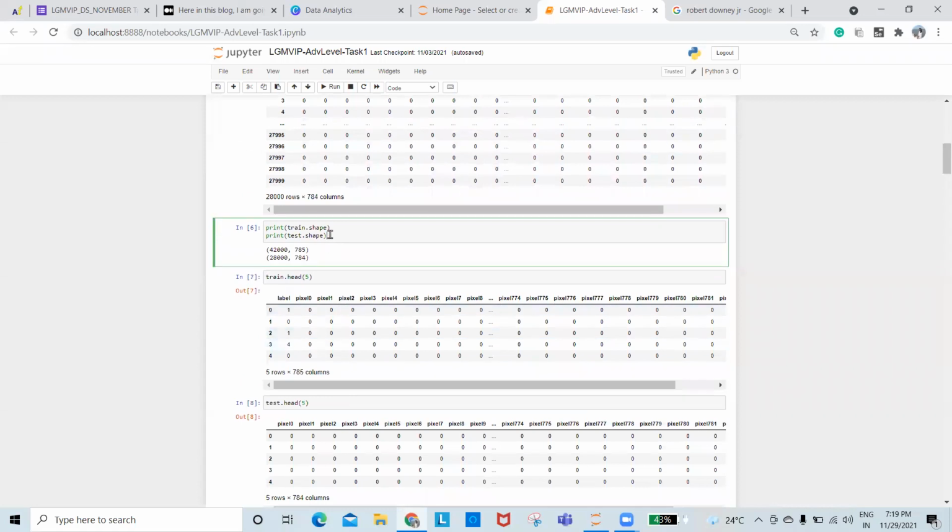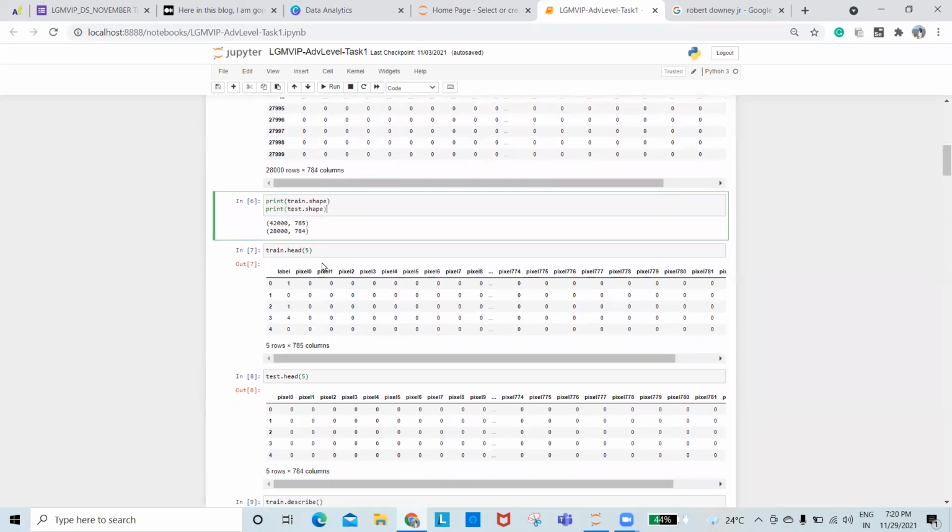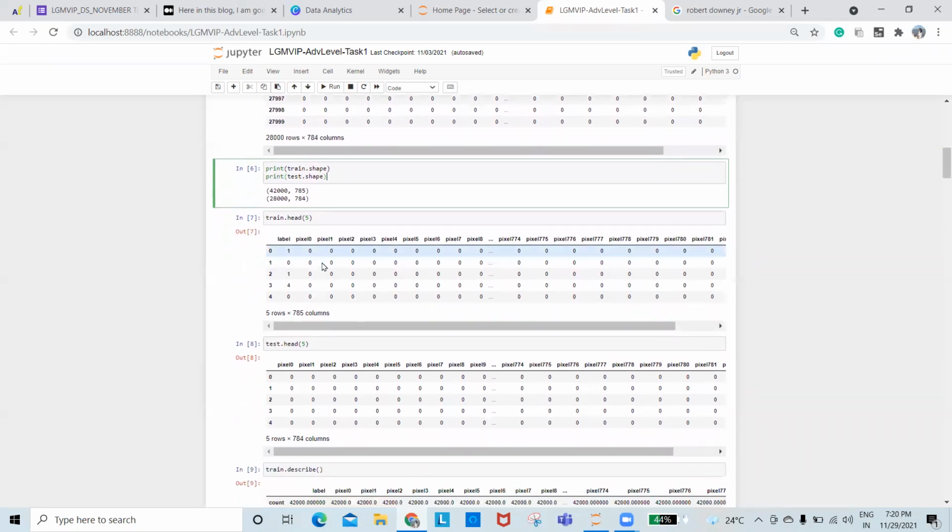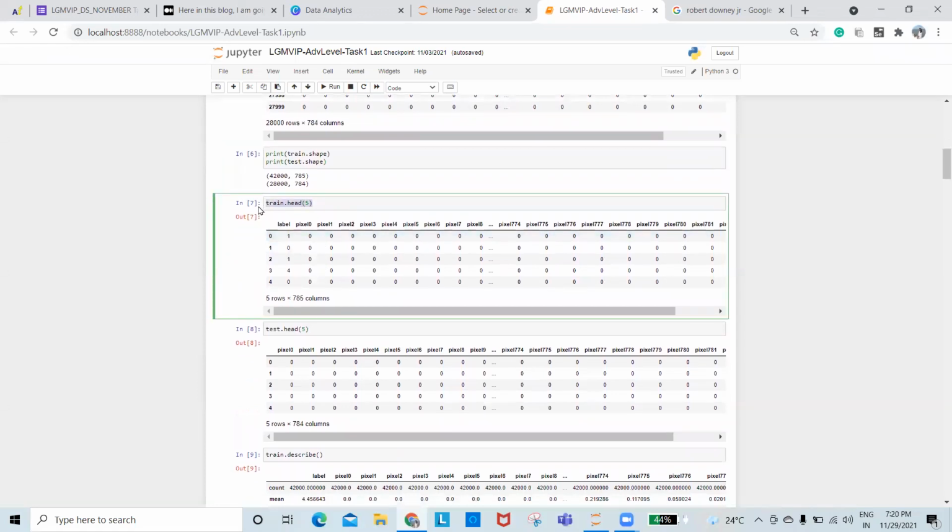To print the shape of the train and test, we use this. The shape of the train is 42000 by 785 and test is 28000 by 784, which is basically the rows and columns of those CSV files. We use train.head to print the top 5, as we have given 5 here.